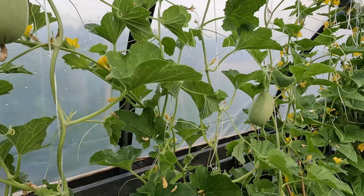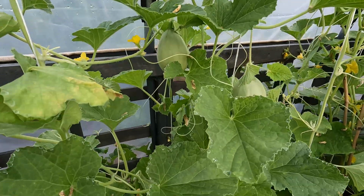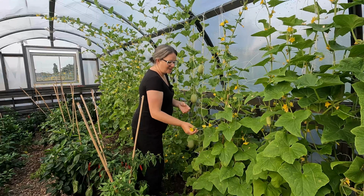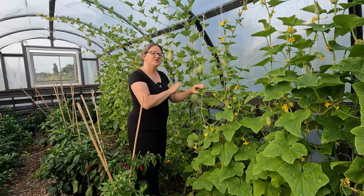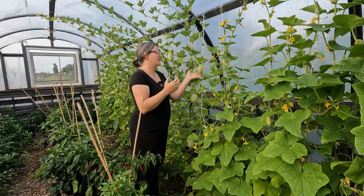They've also been fertilised in the bottom with some blood, fish and bone at the beginning of the year, and we use plenty of comfrey tea every week just so they get a very, very good feed. Now, as you can see, we have still got lots and lots of flowers. I'm not going to touch any of these flowers at the moment. I'm going to see how they go, just in case we lose a few melons that I'm hoping to grow